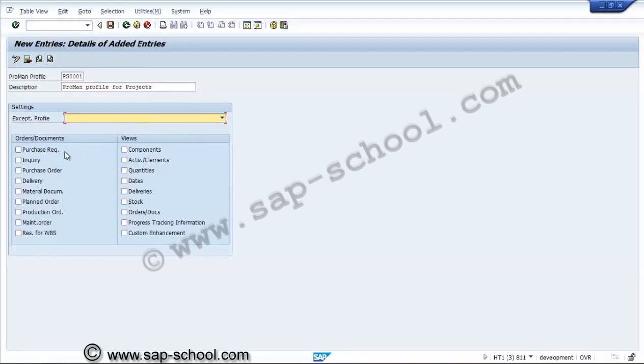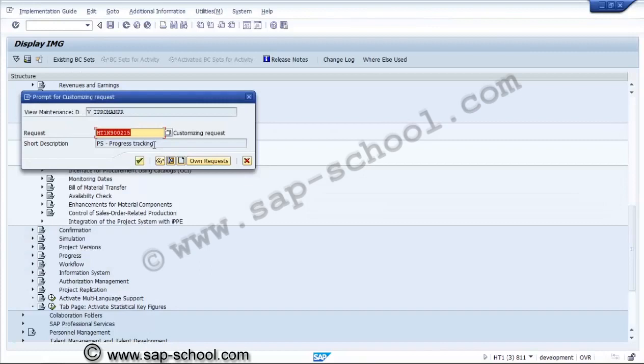So here we'll select the documents. We'll select all the documents to be considered for the project related material monitoring. And in the views also we can consider each and every view. And this exception profile, we will first create the profile, then assign it over here.